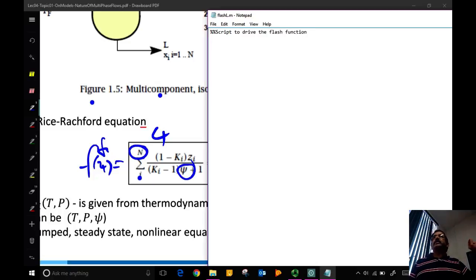So percent in MATLAB means it's a comment, it's going to ignore. So you can put whatever you want to explain what you're doing. And a double percent means that it is starting a section in producing the report. Okay? If you want to produce a nicely formatted report, you want to make the distinction between double percent and single percent. Okay? So,